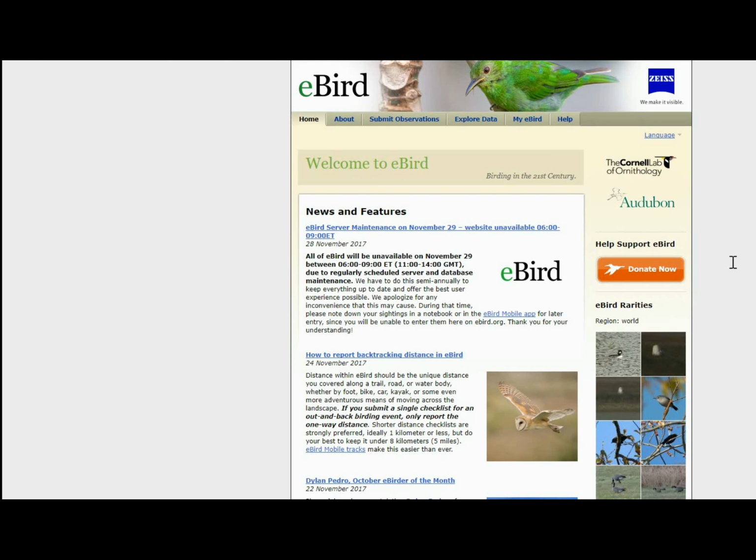So first, just to show you the home page at ebird.org/content/ebird, we've got our little home page. So there's news and features in the birding community, a couple of images of rarities around the world, their donate button, and then the Cornell Lab of Ornithology's link and the Audubon link. So we are going to go up here to My eBird